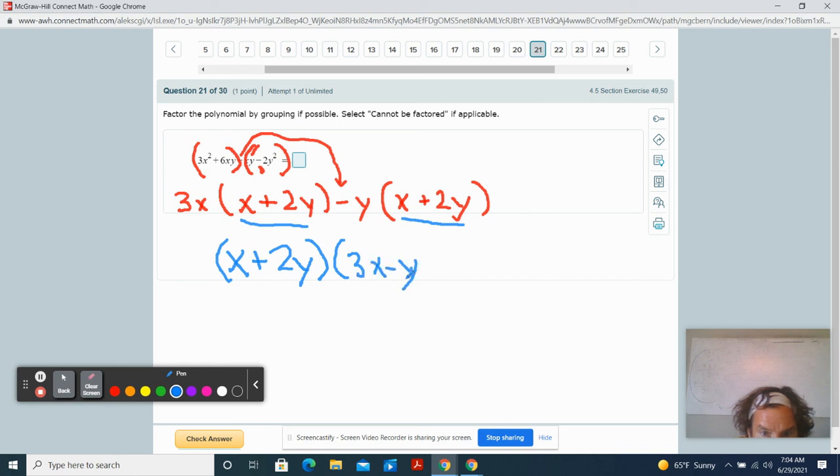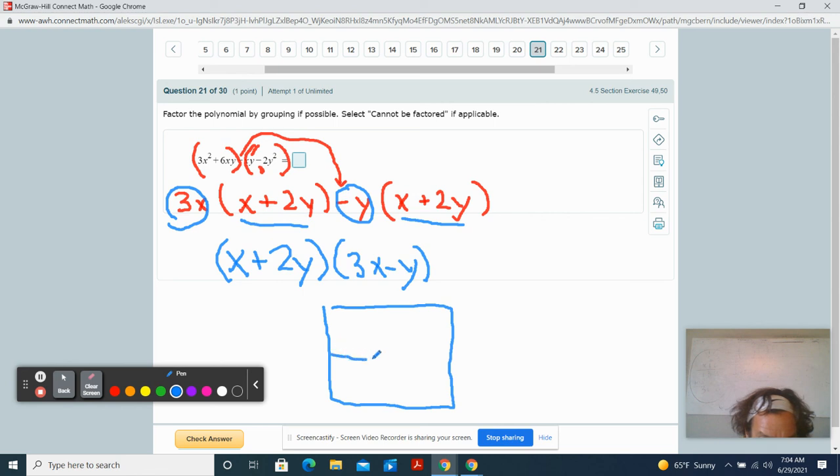Your binomial that you write is just this term and this term. Just make sure you write the sign of that term as well. That's where that minus y comes in. Okay? Now, if you remember the box method from yesterday, if you wanted to double check before you put your answer in, this is something that is optional. You don't have to do this, but if you wanted to